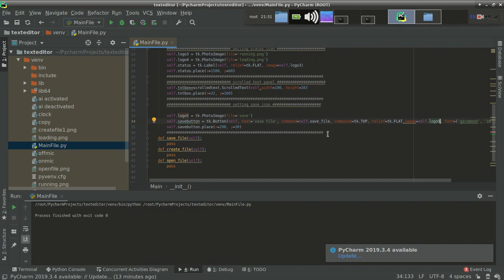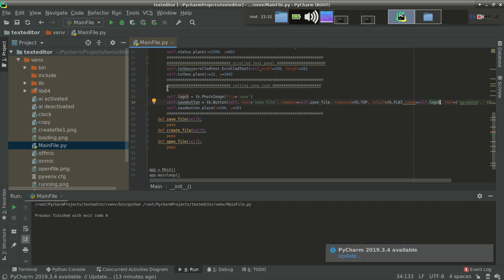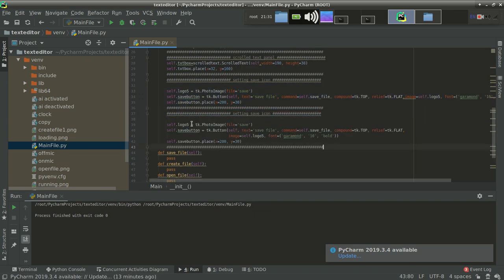So let's specify the other button as time traverser. Copy it, paste it, logo 5, save icon. Before that we should have save as also, because after save we used save as in that video.